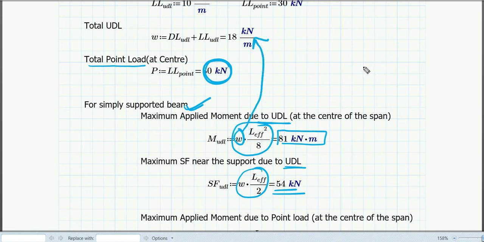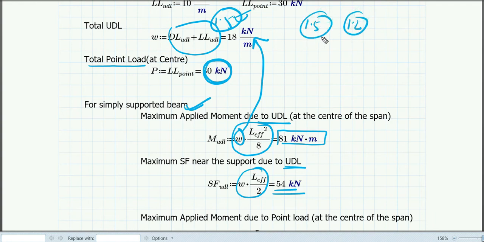Okay, we have not multiplied with the partial safety factor. We will do that at a later stage, as we know that for dead load and live load the factor is only 1.5. We have to multiply both with 1.5, so there is no issue. I can multiply later on also, but if the factors are different, suppose dead load is 1.5 and live load is 1.2, in that case we would have multiplied this partial safety factor at this stage itself. But as here we know that for both dead load and live load the partial safety factor is 1.5, we can multiply it later on also.